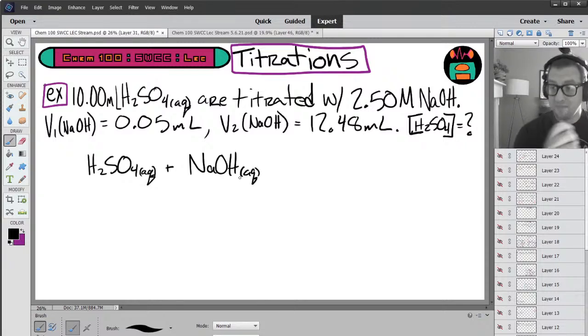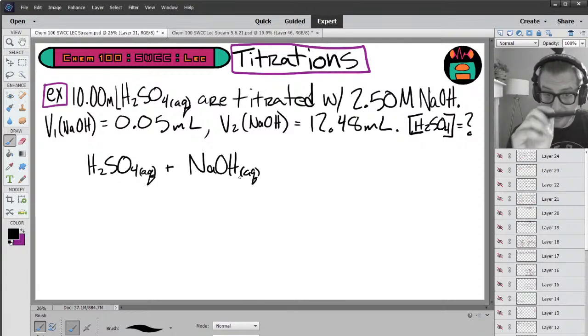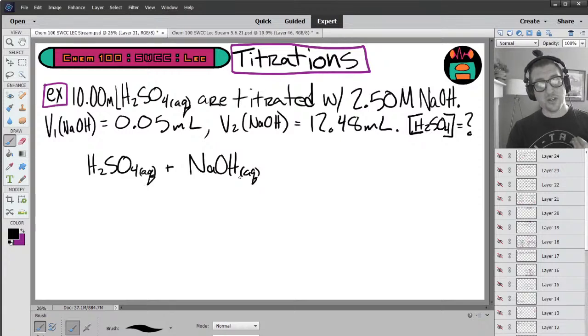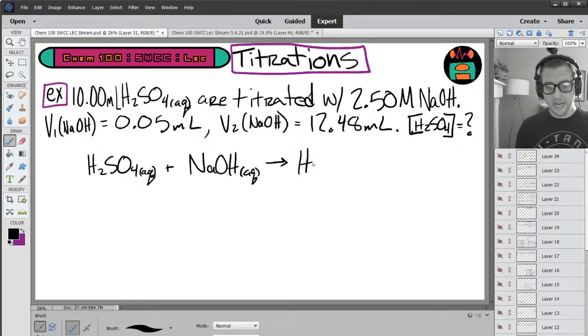To which I'll say, you got to figure it out. Literally, this is a neutralization reaction, which is one of those reactions where I don't need to tell you what the products are, because the products are always two things: salt and water. Water is easy enough. H2SO4, nope, it's sulfuric acid. H2O is water. The salt, however,